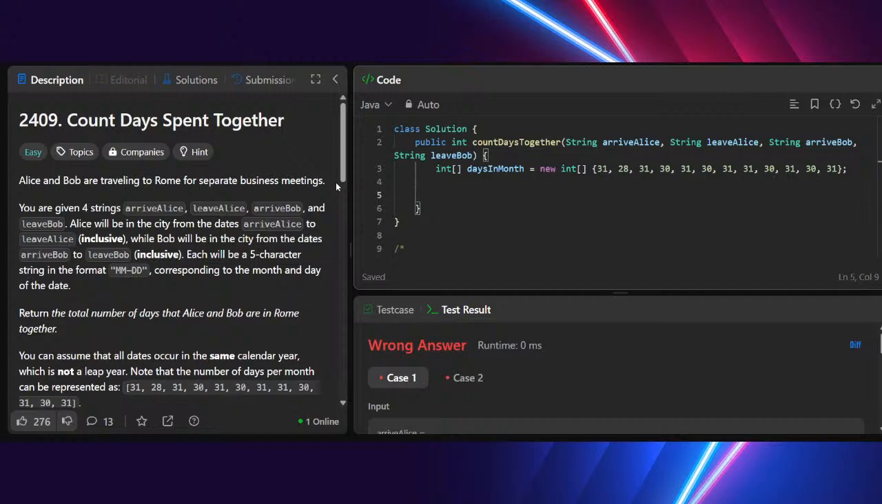Alice will arrive and leave, and then Bob will arrive and leave. If I can convert that into the exact day number, that's the best thing, right? That's what we should try and do. Convert all the four strings into day numbers. So you add this function int get absolute day number, string